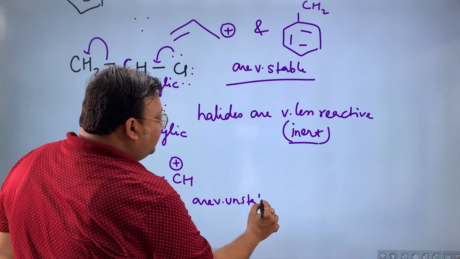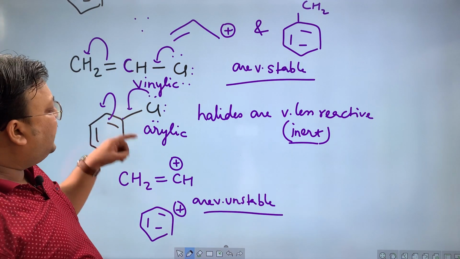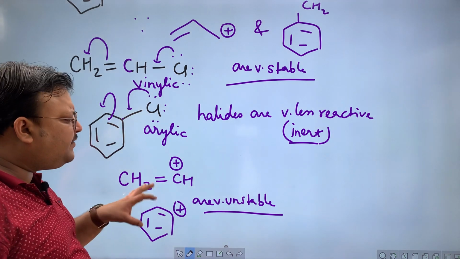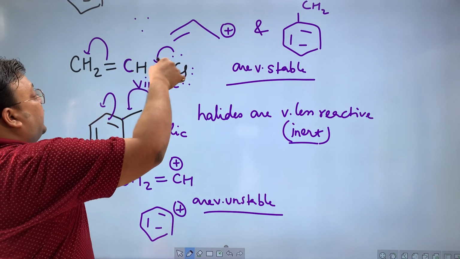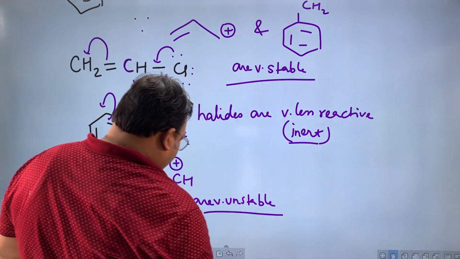Benzylic and allylic are more stable. Vinylic and arylic carbocations are very unstable. It's basically unstable because they are difficult to obtain. When this resonates, if I draw the resonating structure,